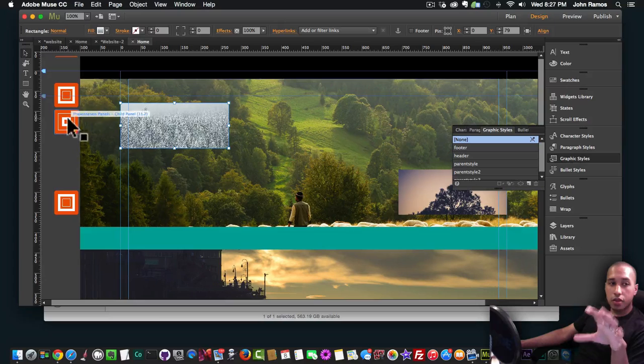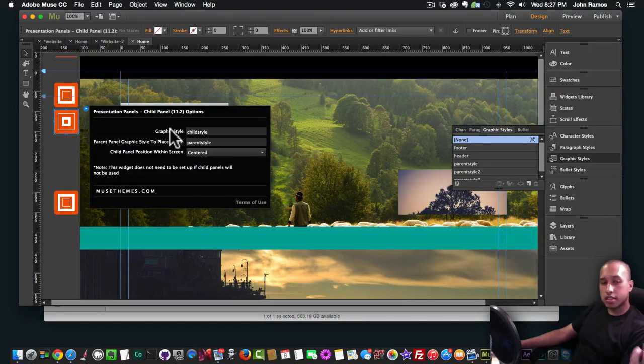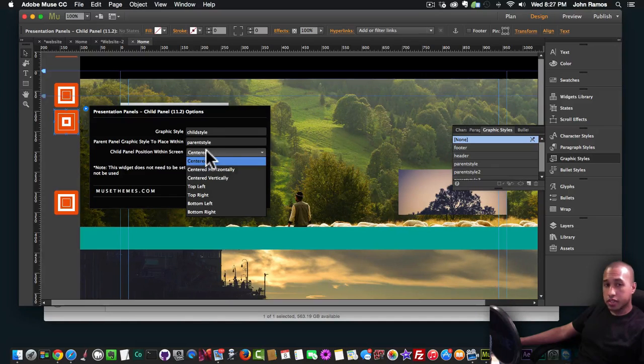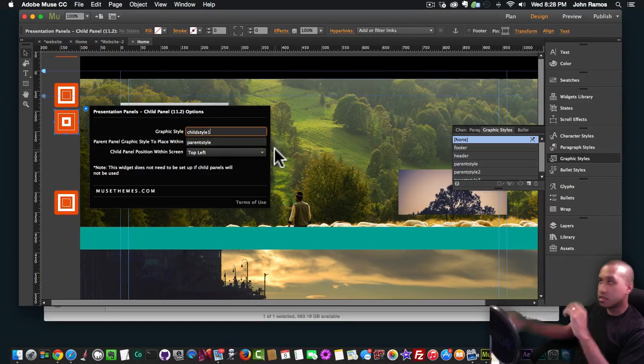And to do that, we go to the third presentation panel box and we click on it. This one has a thinner outline in the front and a thicker in the center. And then we click on the options, and here you can see it says child style for the graphic style, and it's a parent of, and we're going to make it a parent of the first panel. And we can center these images, or we can just leave them, or I'm going to do top left for this first image. So I'm going to call this first image child style 1, just for organization